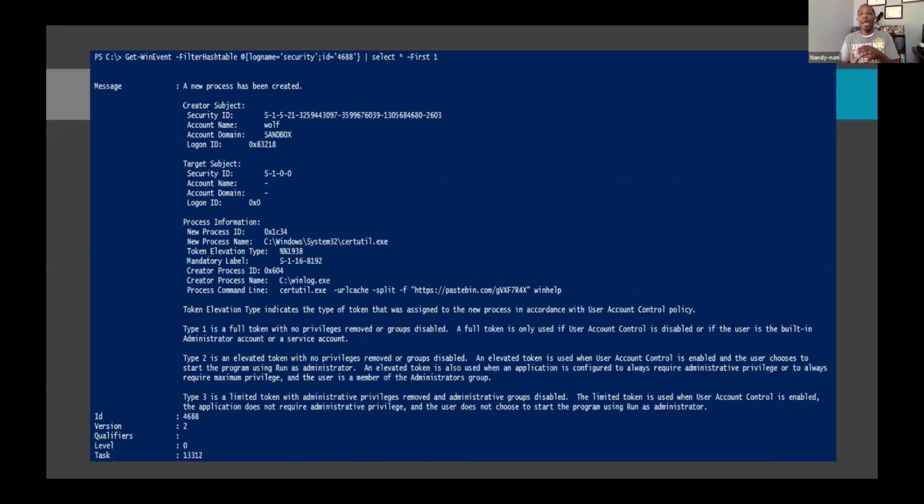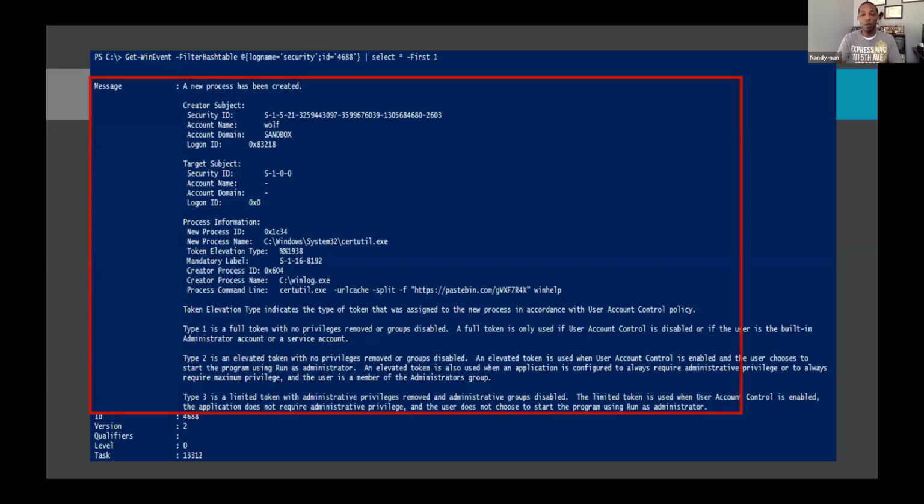So if I want to open that up and go a little bit deeper, well, I can utilize Select-Object. And I only did that on one, but I selected every property that's available. And this is returning to me in a format list. Now, we see properties like message, version, level, right? The meat and potatoes of what I really am looking for is in the message field. But guess what? There's not a clear out-of-the-box method for me to just select those very things in the message field, right? So stuff like the account name, the process name, the parent process, those are things that I would want.